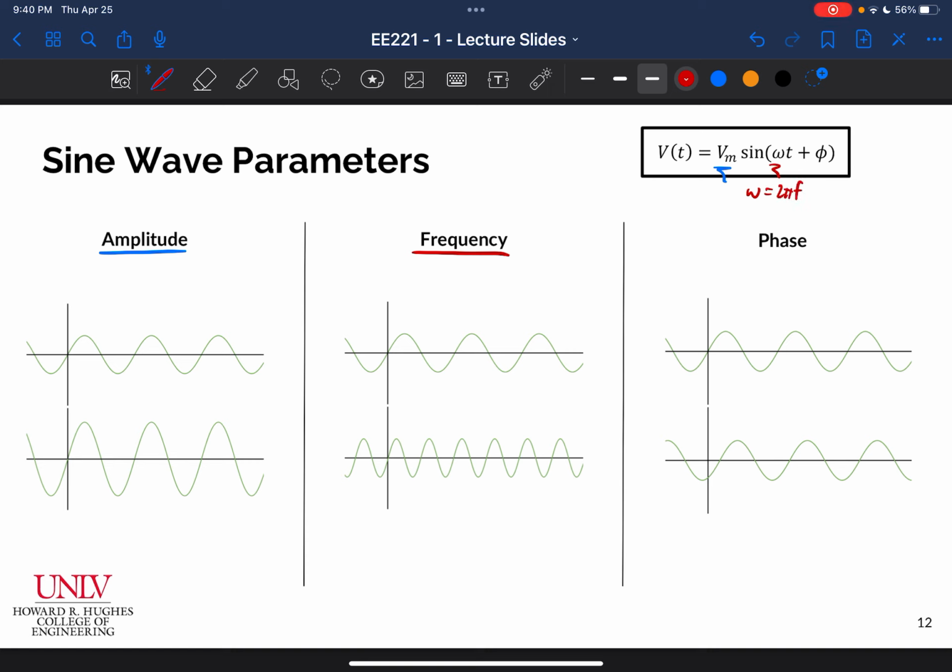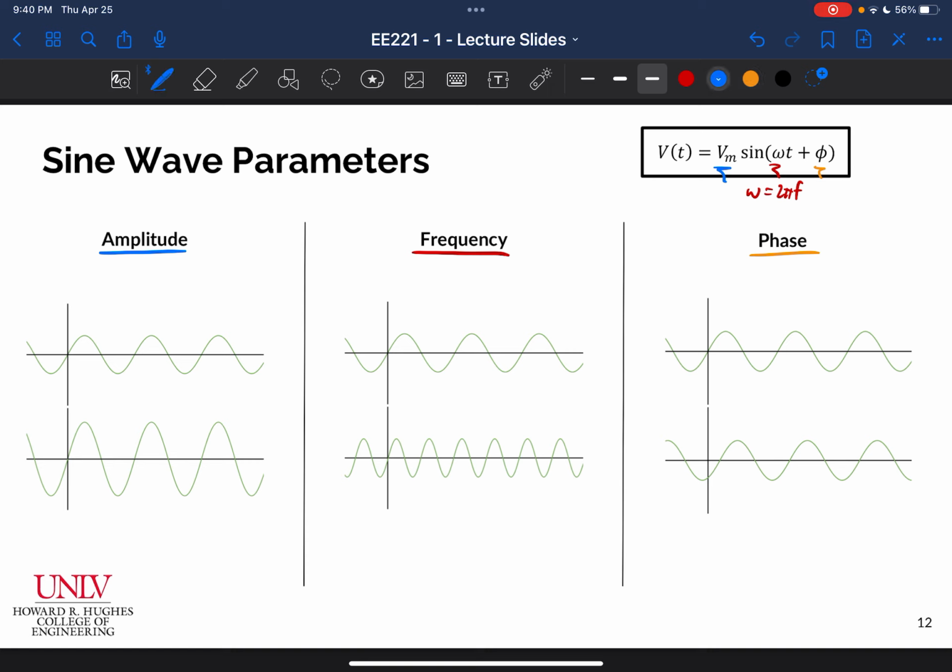And they are obviously proportional. The angular frequency omega is just the frequency in hertz multiplied by 2 pi to get it into radians, right? And then the last thing here is phase, which is one of the only things that we haven't talked about quite yet. Okay, so what we're looking at when we look at amplitude is